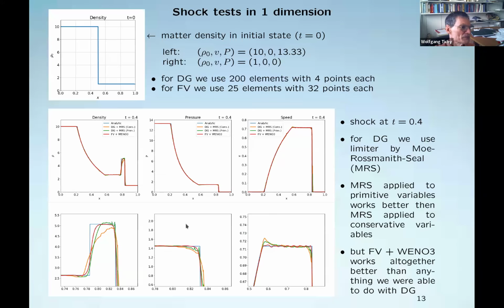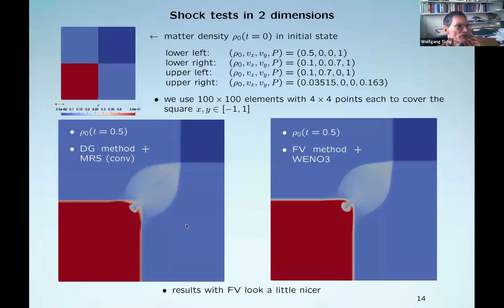We have also, so this was in 1 dimension. We have also done it in 2 dimensions. And again, you start up with some sort of discontinuity here, where you have a high density region here, a low density region here, and some sort of intermediate density. And then you evolve this, and you also have velocities and pressures. You evolve this